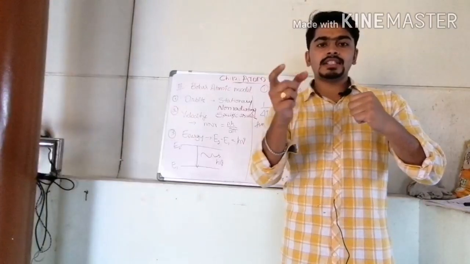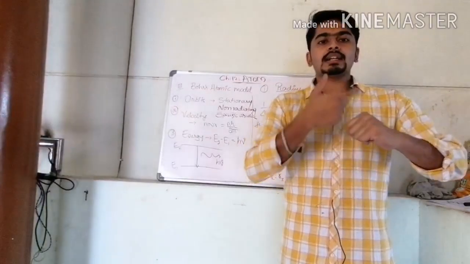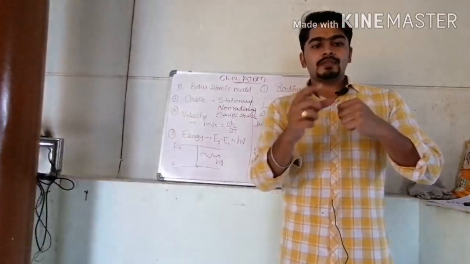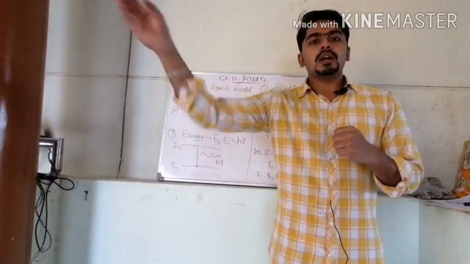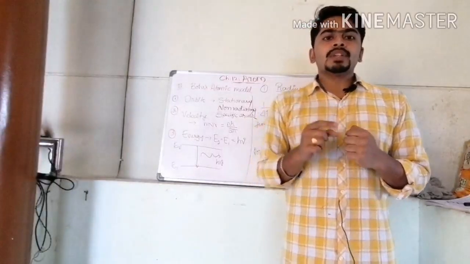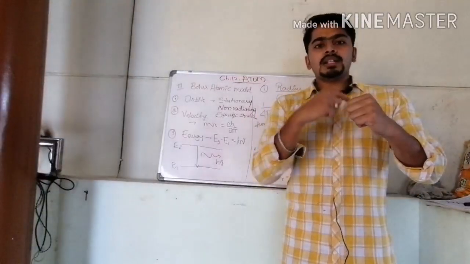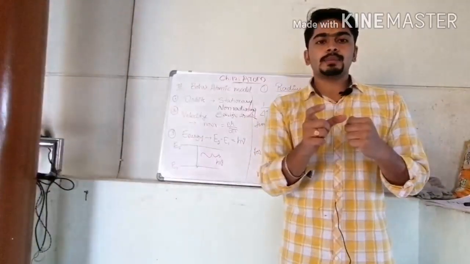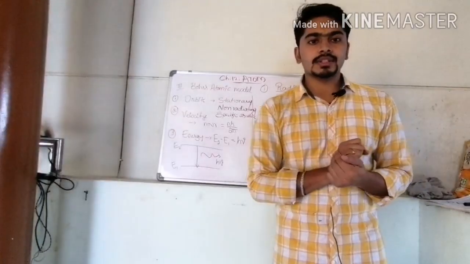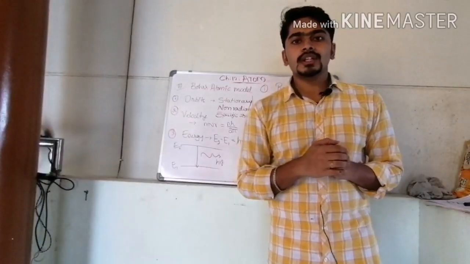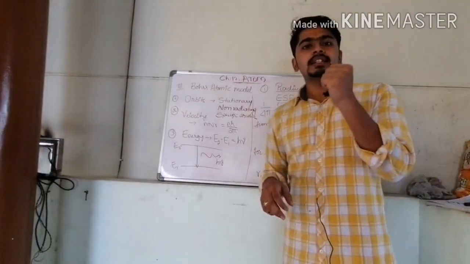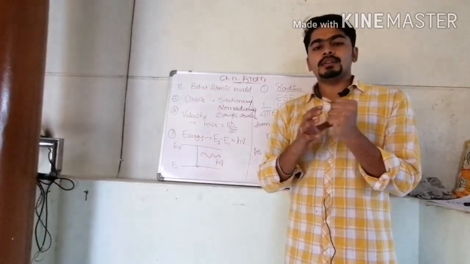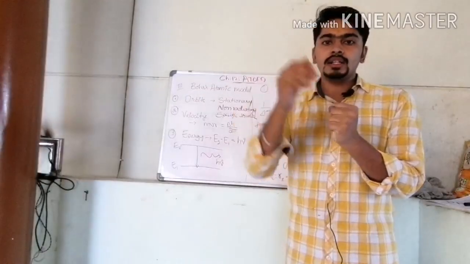Both will be having certain forces. If that force is balanced, only then will the electron revolve. If an unbalanced force occurs there, what happens? It may come into the nucleus or it may go away from the nucleus. So to move in its own path, it must possess some balanced forces. What are those balanced forces? The first one is the electrostatic force of the nucleus. The nucleus has some force on the electron.